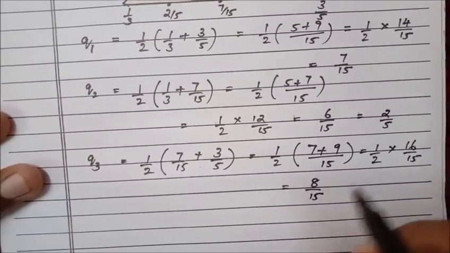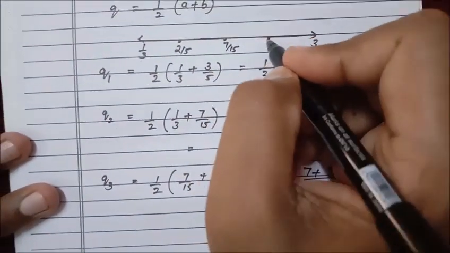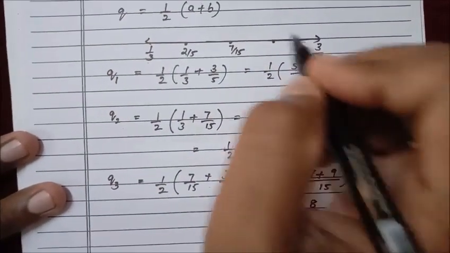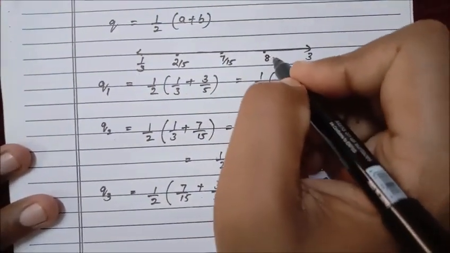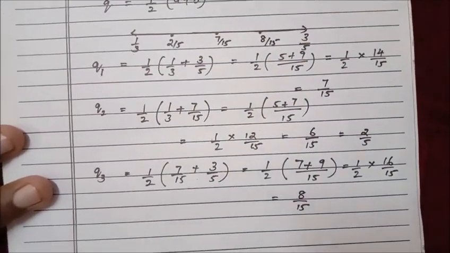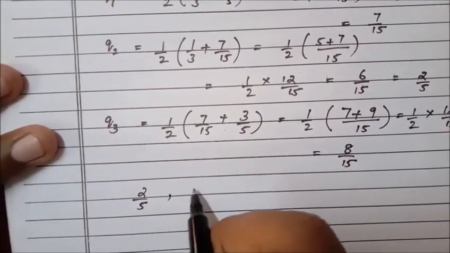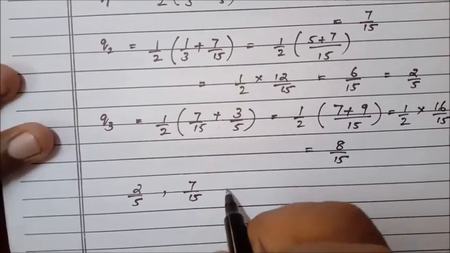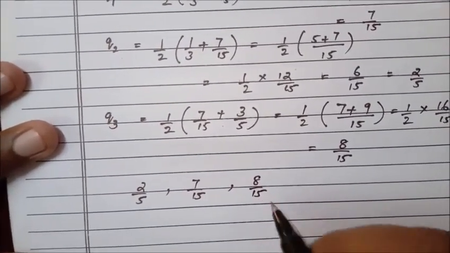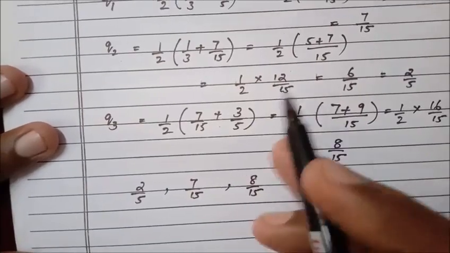So 8 upon 15 is a rational number which comes between 7 upon 15 and 3 upon 5. So we got 2 upon 5, 7 upon 15 and 8 upon 15, three rational numbers between 1 upon 3